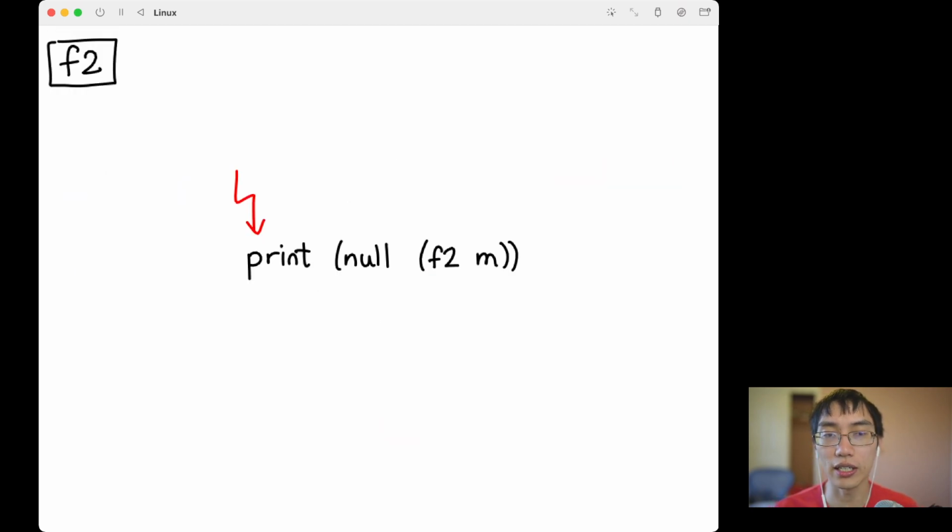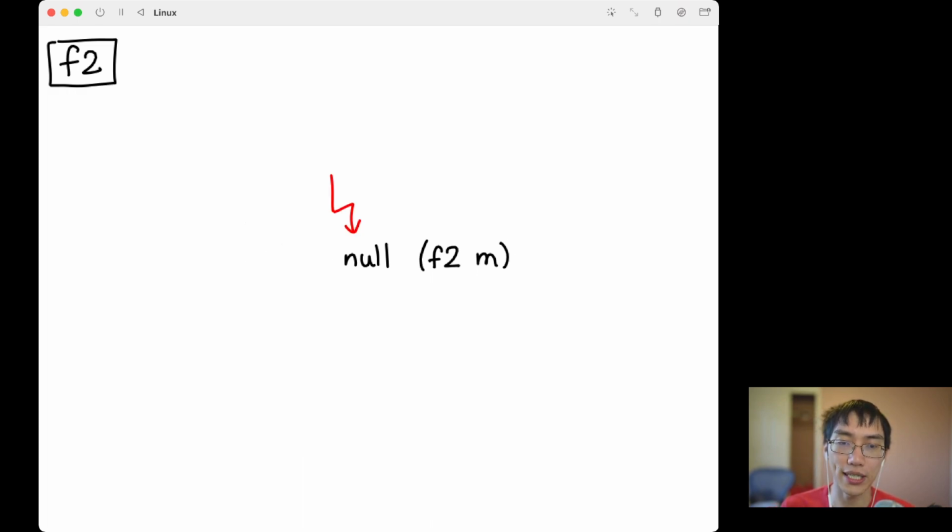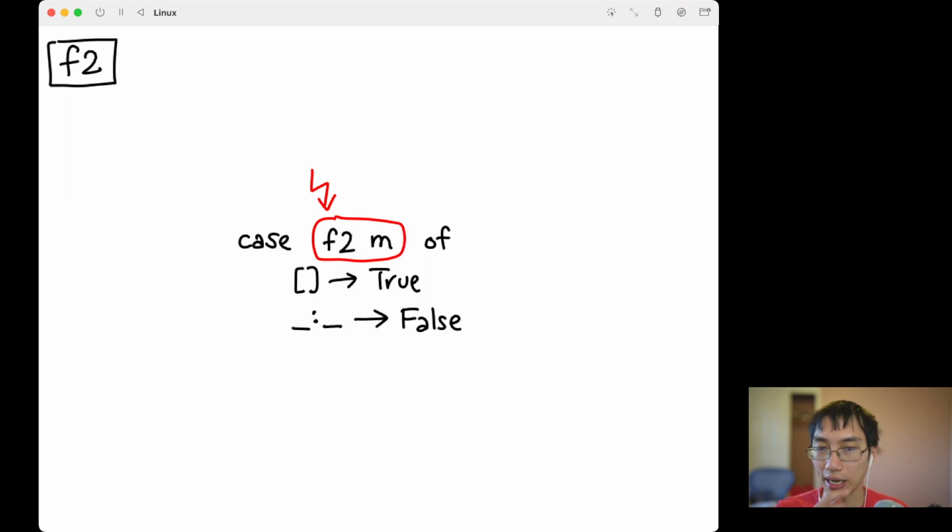Okay, so let's go on and look at example 2. Once again, I've set things up the same way. I'm going to print null of f2 of m. Once again, when I print, that evaluates the Boolean returned by null. So I'm going to need to evaluate this expression. Go ahead and inline null. Once I've inlined null, I see that to find out what the value of null is, I need to evaluate